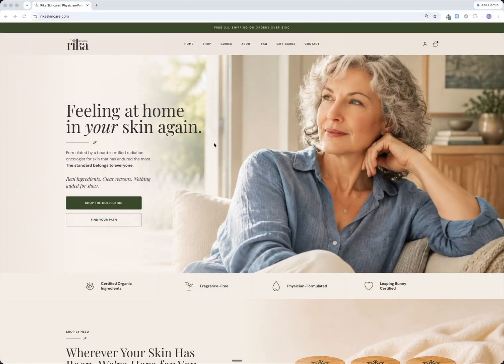All right, here is a web store that I created based on the client's mock-ups. They made mock-ups of each of the pages through ChatGPT. Initially, they created them through Claude. The doctor who is the founder of this company, Rika Skincare, created an HTML site using Claude and wanted me to recreate it, but